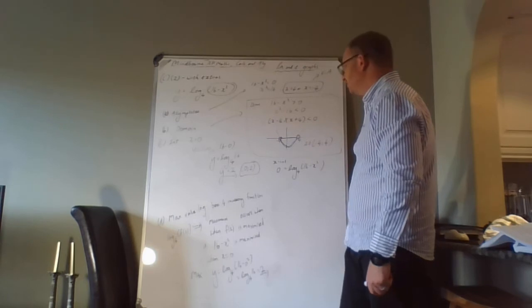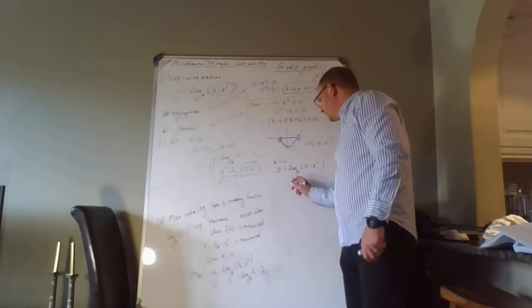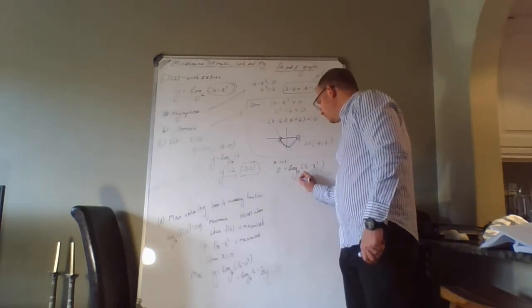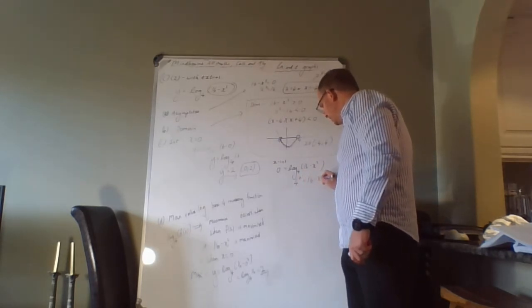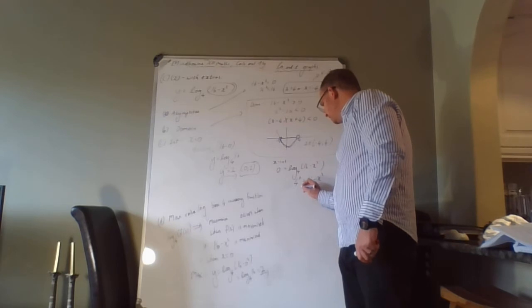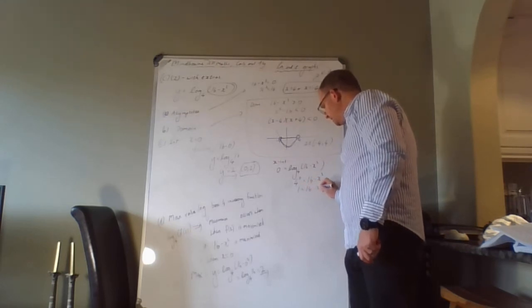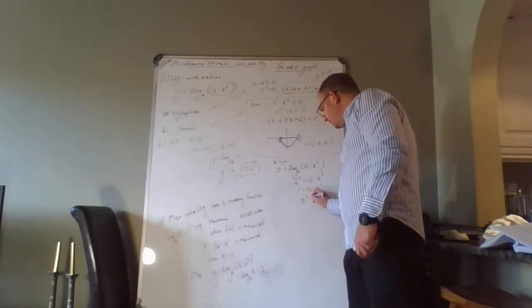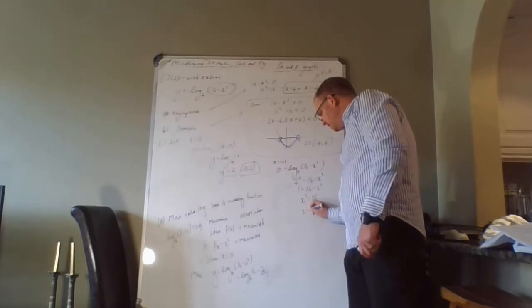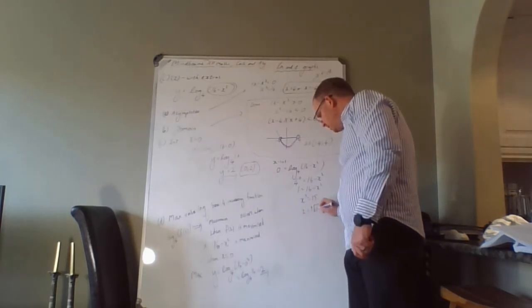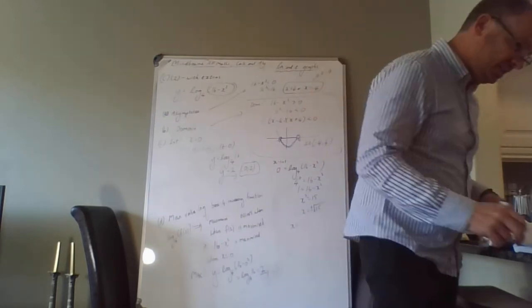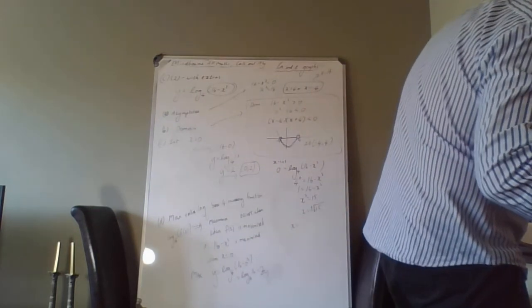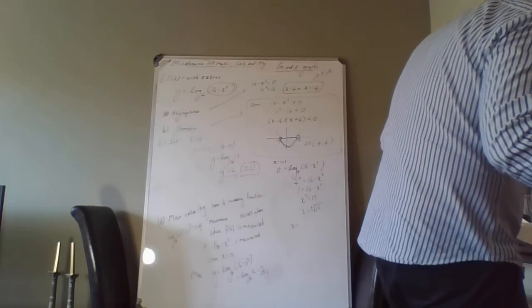Log base 4 of 16 minus x squared, am I right? Yep. So if I rewrite it in exponential form, I want to know where 4 to the 0 is equal to 16 minus x squared. In other words, where 1 is equal to 16 minus x squared, so x squared is 15, so x is equal to plus or minus root 15, and if you do that to one decimal digit, I think you get x is equal to plus or minus root 15,